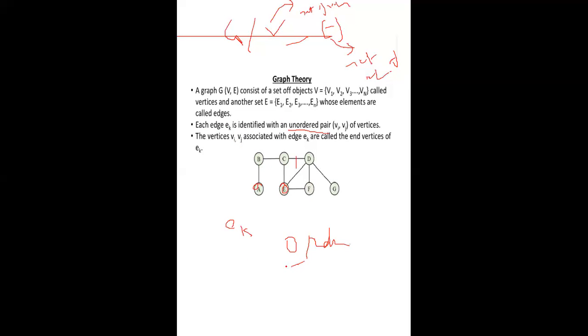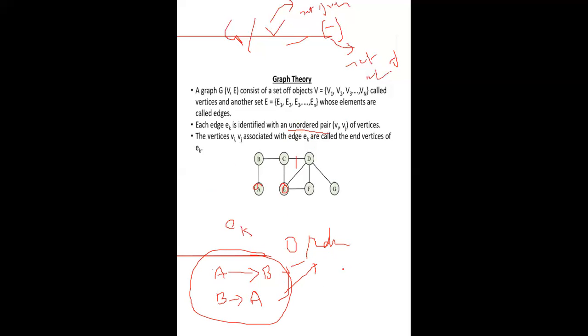Ordered pair means if we say the edge comes from A to B, then we don't say that this edge comes from B to A. In the unordered collection, either we say this is from A to B, or from B to A. Both are correct. But in the case of ordered edges, either the edge comes from B to A, or from A to B. So only one condition is true in the case of ordered edges, and when we say unordered, both are correct.